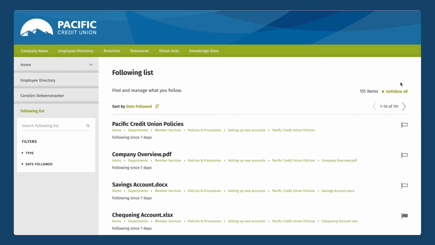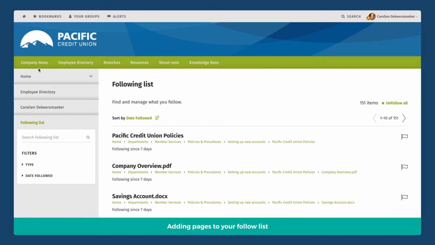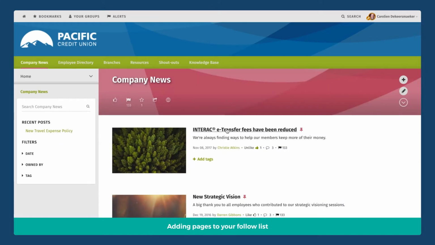You do also have an option to unfollow all pages at once, which is a rather bold move, but that can be done here through that menu as well. Now, how do you follow pages? What does that mean? So we're going to take a look here at one of the pages in our intranet,